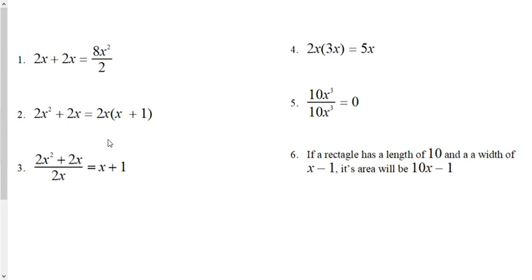Ladies and gentlemen, this is your last retest on Chapter 7 on the multiplication and division of polynomials. We have the first 6 questions here are true and false questions, and if any questions ever give students difficulty, it's usually the true-false. So the first question says, true or false, that 2x plus 2x is 8x squared divided